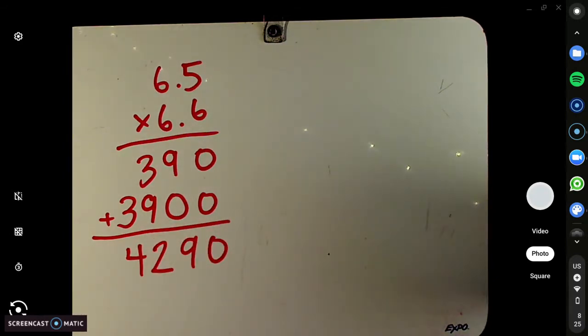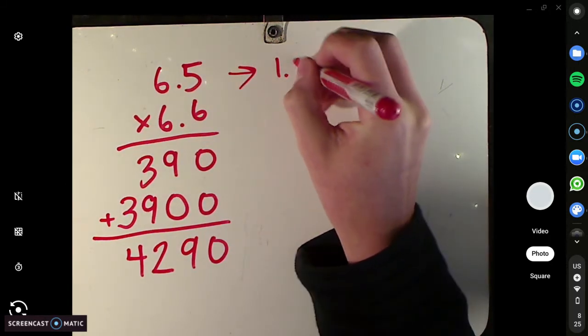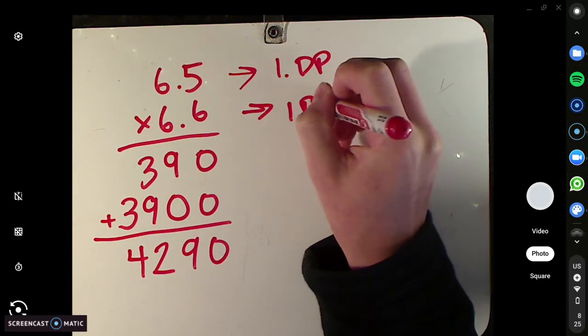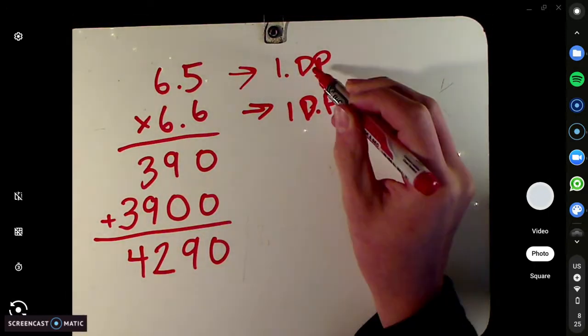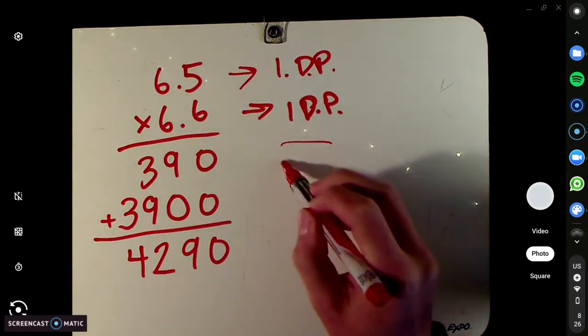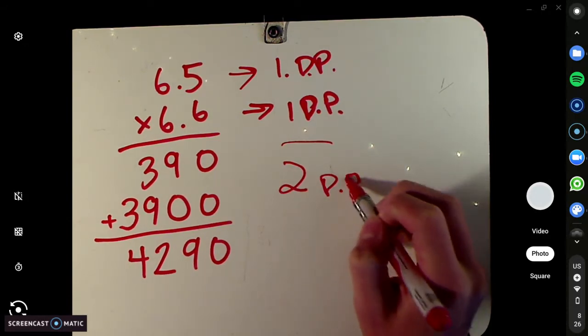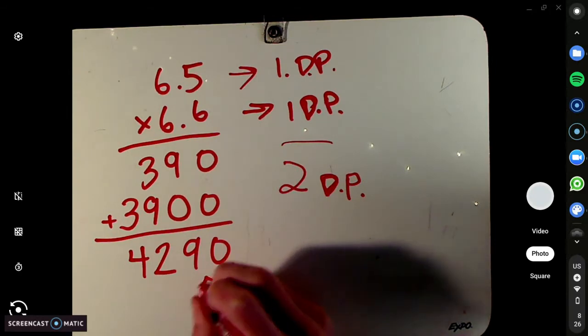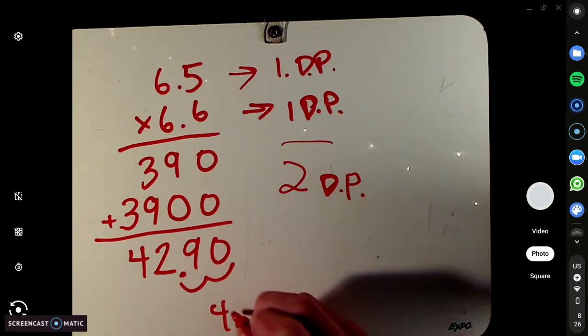Now here's the most important part. It's time to check on our decimal places. Up here we've got 1 decimal place, and here we have 1 decimal place, right? So that's a total of 2 decimal places in our answer. So that means your answer is